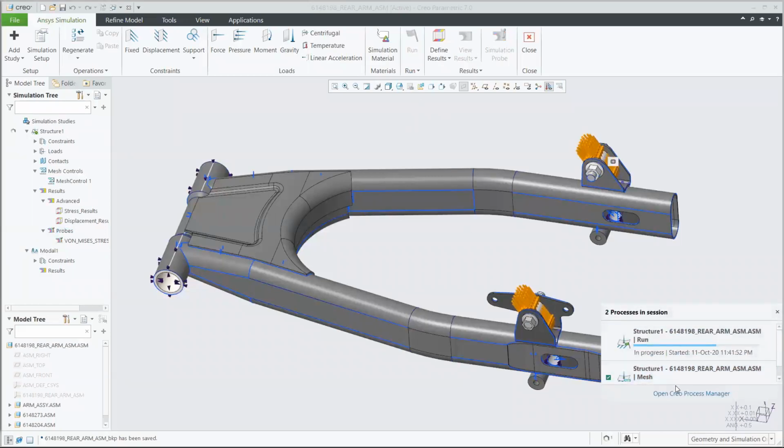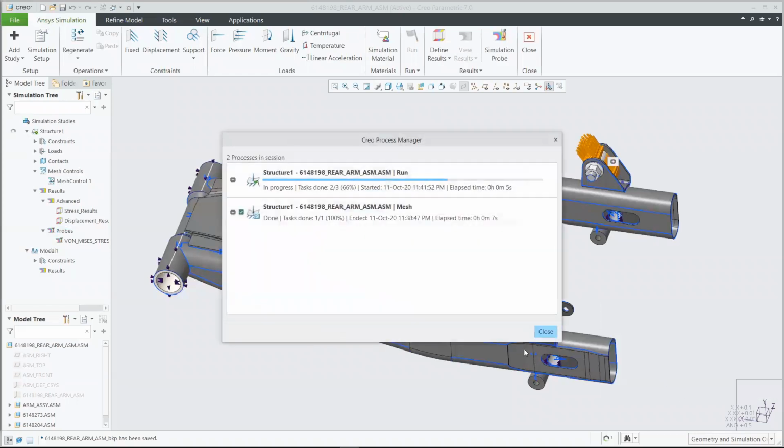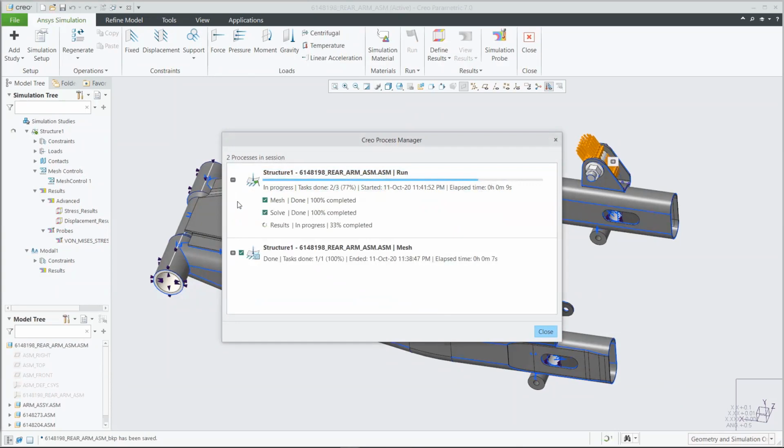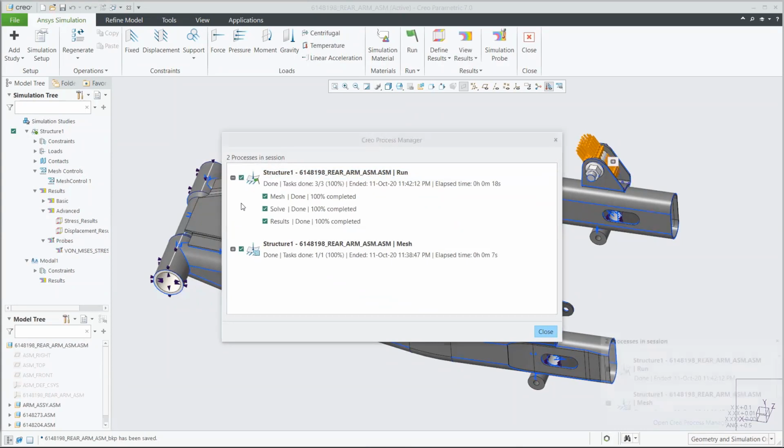And again, while this is running, we can open up the process manager, see exactly how far along the study is. If you open up a breakdown of that progress, we can see that it shows the completion percentage for the mesh, shows the solve for the analysis itself, and then for the results that we want to display. And once it finishes up, which again doesn't take very long to do there,